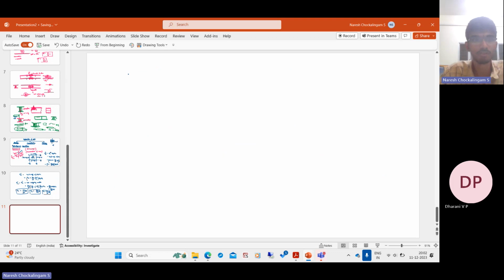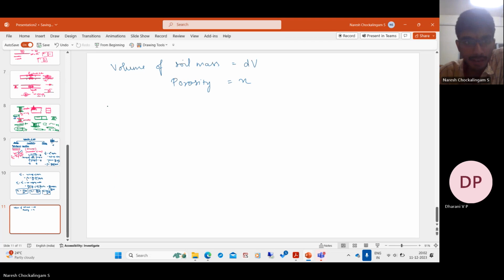If the volume of the soil mass is dV, and you have also heard of porosity, let's say n is the porosity. It means you have soil like this. We are fixing a control volume. So the control volume is a fixed region in space. It also includes the volume of the pores. And what is in the pores? We are assuming saturated soil mechanics, so the soil is saturated. So the volume of water